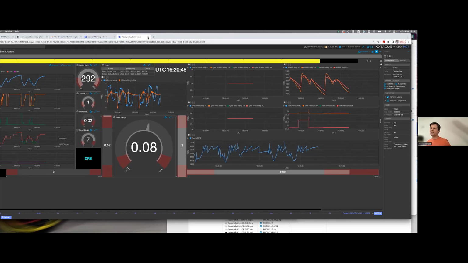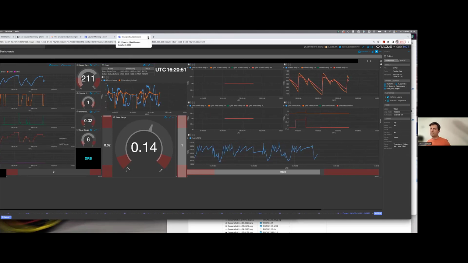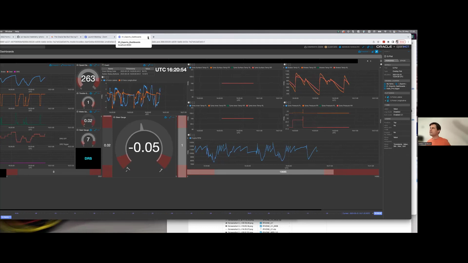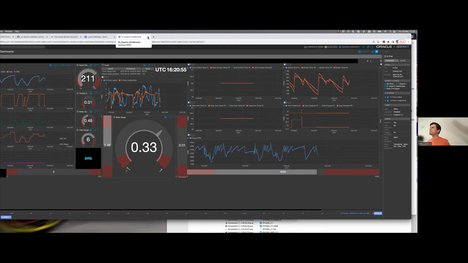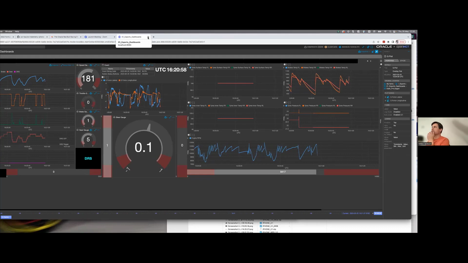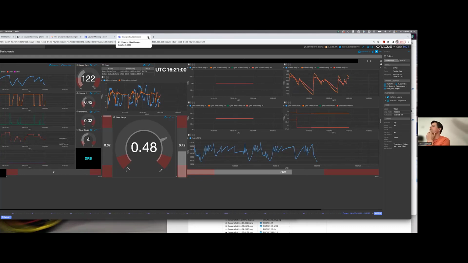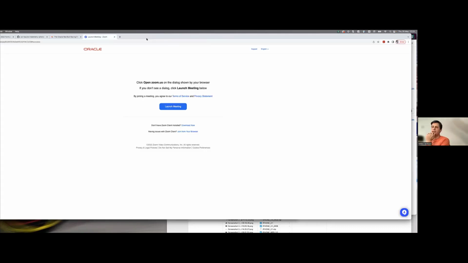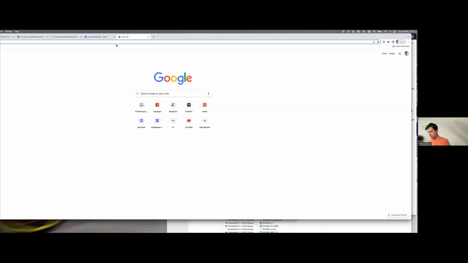Let's do another risky one. Let's do my live demo for the iPhone. Yeah, let's do that right now. So let me take this one off. And what I've got is in the cloud, I've got a similar sort of setup, but it's taking channels from my iPhone. So if I go to a website,